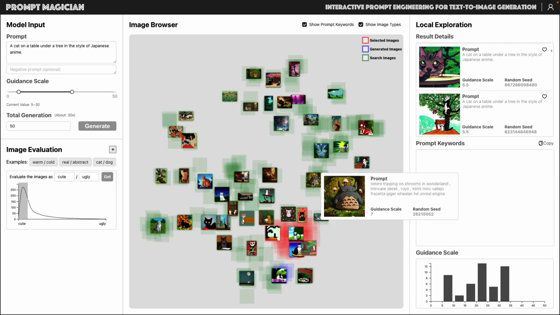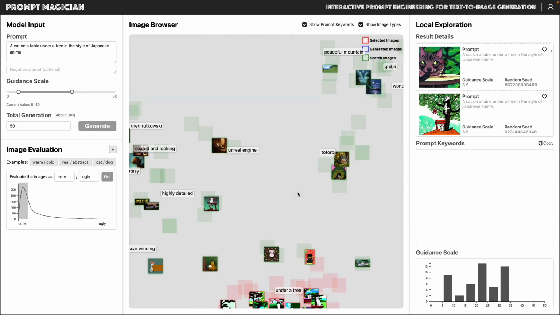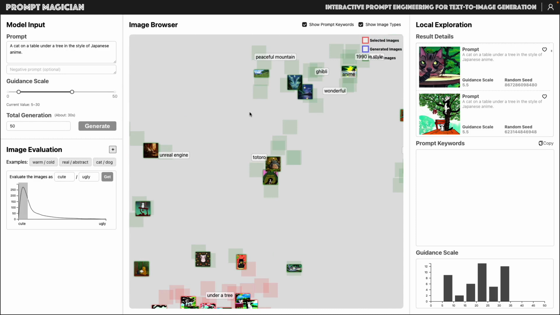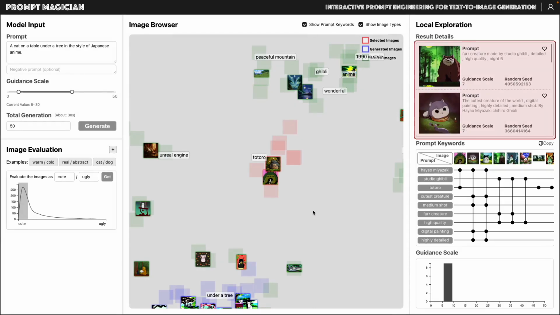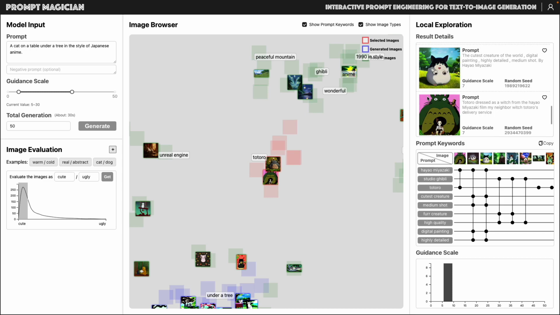Subsequently, she identifies some images characterized by a tutorial style. She navigates the view to explore the images in this style and finds some related prompt keywords surrounding the images. As the user prefers this style, she selects some of the images for further exploration. The details of the selected images are listed in the local exploration view. After a brief review of these results, the user proceeds to examine the suggested prompt keywords in the prompt keyword